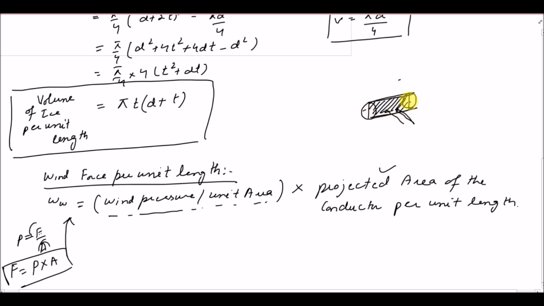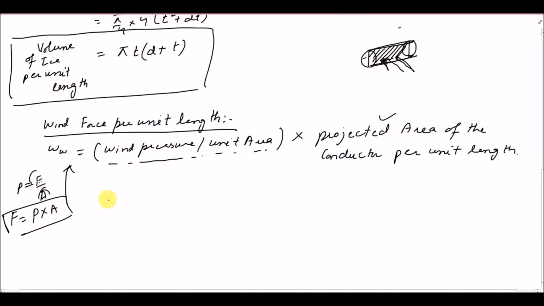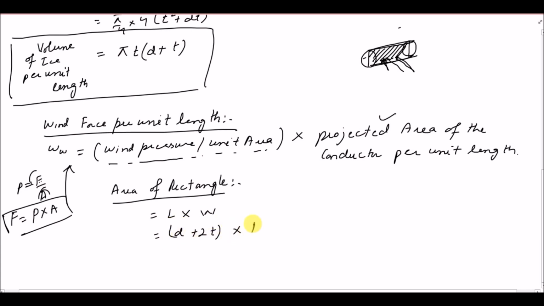So the projected area of the conductor is a rectangle. Now if I have to calculate the area of the rectangle, the area of a rectangle is length into width, right? So the width is actually d plus 2t, and the length is per unit length, so I will take 1 meter,